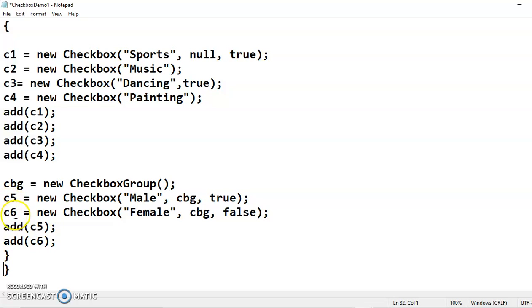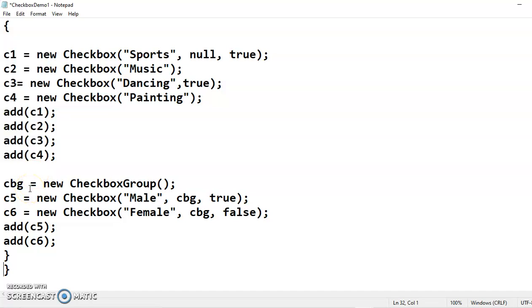So C5 equal to new Checkbox. What do you want to display? First you want to display male, comma. Now I want C5 and C6 to belong to checkbox group cbg so that out of this group only one checkbox can be selected.